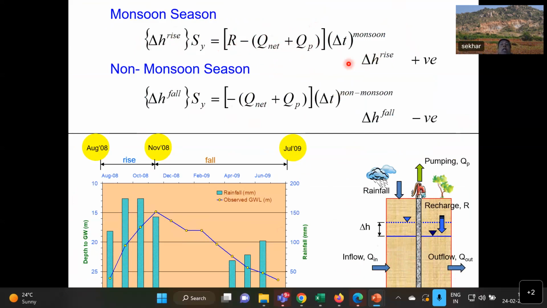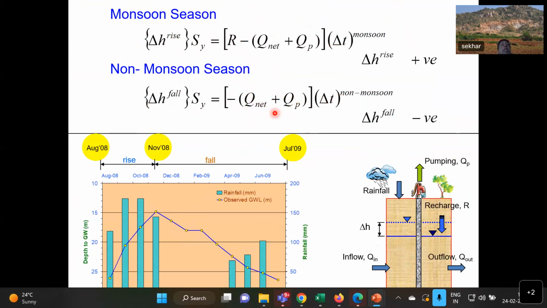So one can say this is operating over a period of these many months, where the delta T is, we call this delta T times. So I converted the ordinary differential equation into an algebraic equation by simply getting rid of delta H by delta T. So I can rewrite this equation for non-monsoon as well. So if you do that, in the non-monsoon, the advantage is that India has a benefit that you don't have a recharge. This is not applicable in areas like urban areas, etc., which we will come back to as an application. You may have a recharge of various kinds. So if you don't have a recharge, you can nicely drop off the recharge factor